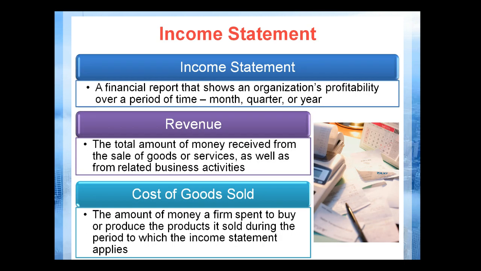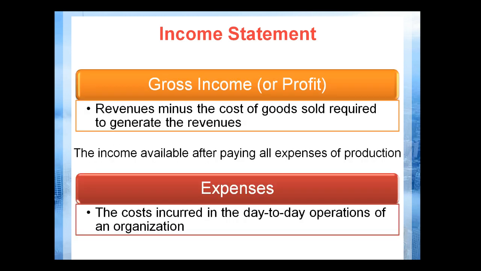But once all the transactions are recorded, the income statement is prepared, and this is one of the 4 basic financial statements. The income statement is going to show the profitability of an organization, whether it be for a month, a quarter, or a year. That financial statement provides a summary of all the revenue that was received or earned for the period, and the cost of goods sold, the amount of money that organization has spent to attain that revenue. So what the income statement also provides is whether or not the organization has made money.